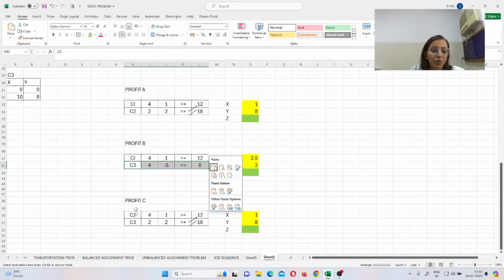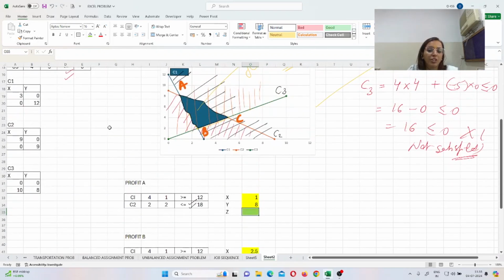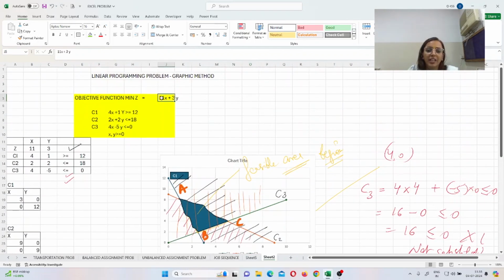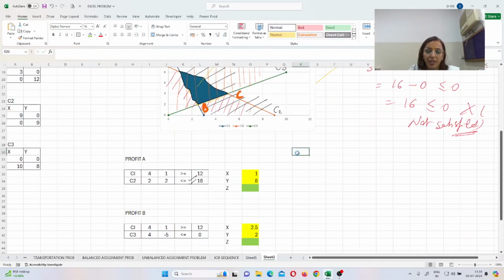Putting over here is C2 and C3. So C2 is over here, copy from this C2 and C3. It's a combination of C2 and C3. C3 is 4530, copy and paste, right? And you can check that once you are putting the formula properly, every data will come up in the proper sense. Now what you have to calculate is the value of Z. What is the equation of yours? Let's say 11x plus 3y. So putting in the equation, I'm just writing this equation over here. Put the value of x as 1 and for y 8, and you get the value of Z.